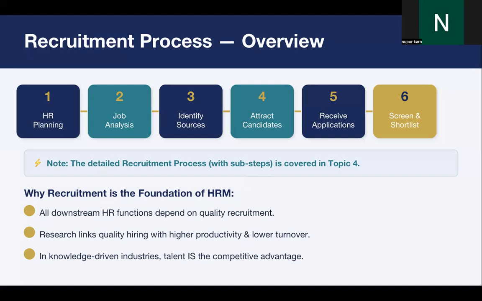So, as we discussed in the recruitment process, first we do the HR planning, right? Then we do the job analysis. HR planning is about how we are going to make the job description and job specification, and when these people are required for the organization. They all come under the HR planning part. Job analysis means getting the worth of the job. According to that, you are going to decide the salary of the job and the perks for that post.